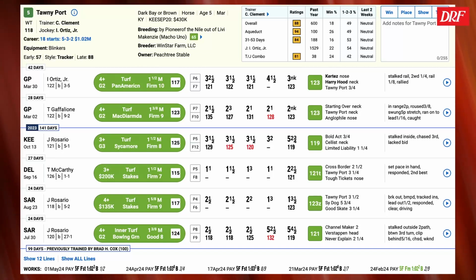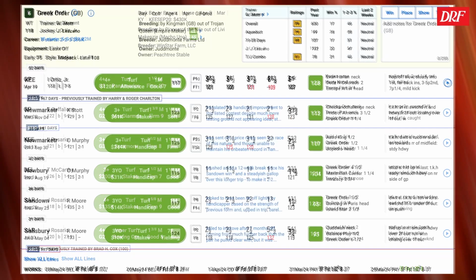Some of the runners that were in there, they all got career best numbers and they've since regressed a little bit. So I wonder if that number is really going to hold up over time. It does make sense for Tawny Port, and he's run some speed figures that do put him in the mix here. I just feel like from an overall quality standpoint, he doesn't have the same upside as some others do coming into this race. A horse that certainly has some upside is the number 6 Greek Order, and he better